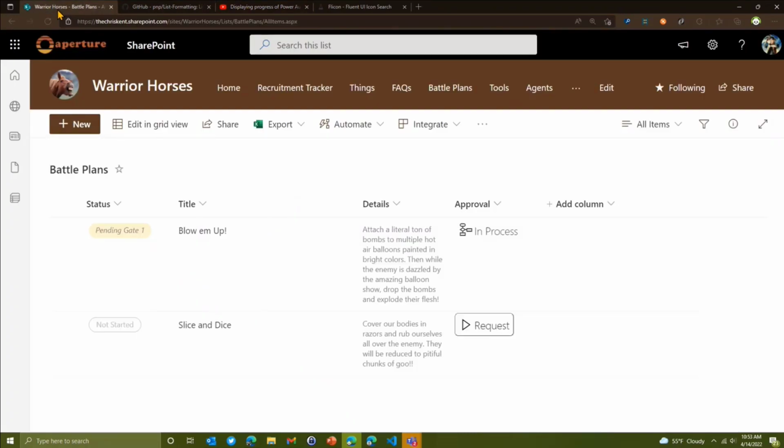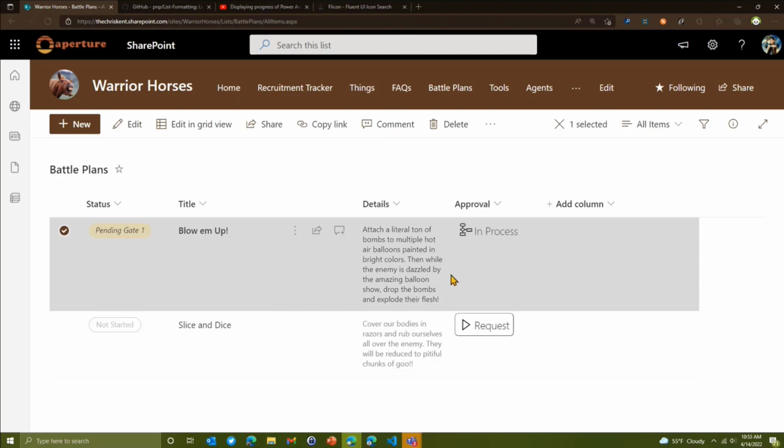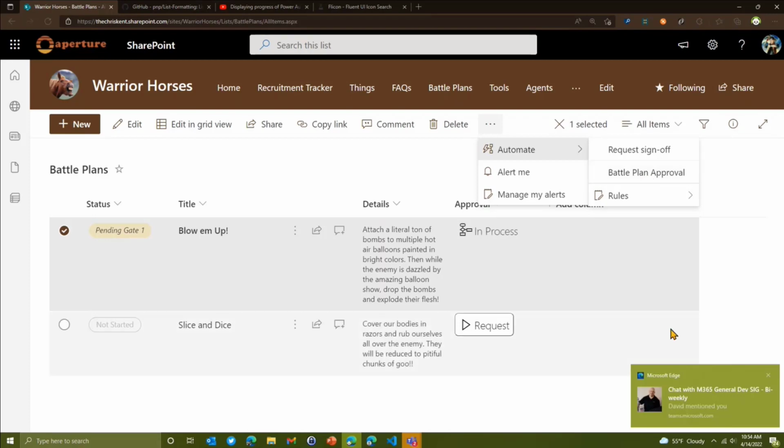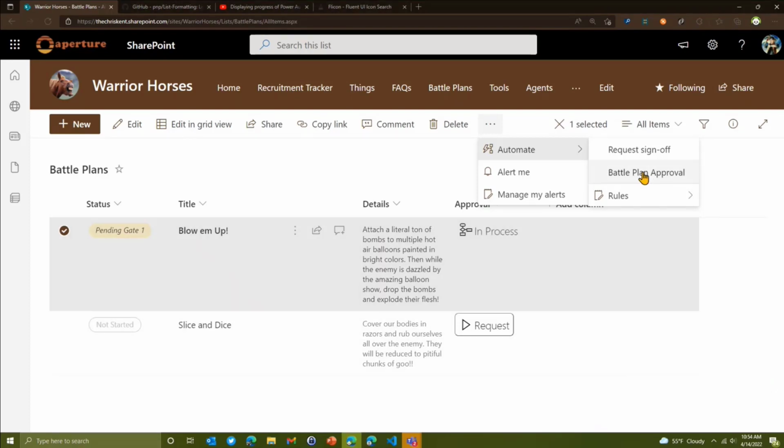But what I really want to look at is there's an issue here, and that's this automate button, right? When I pick this, I've got it automatically not selecting that, but I have an automate happens here, right? That's got my rules, but it has my flow here, which doesn't actually make sense, right? I don't want to do that flow. Ooh, thanks, David. Great. Right, so I don't want to do that flow at this time, so I really want to control that experience. And so I can tell you just ignore that, don't click that. Also request sign off. I accidentally clicked that one time. I don't remember how to remove it, whatever it is. Don't click that either. So what can I do about that?